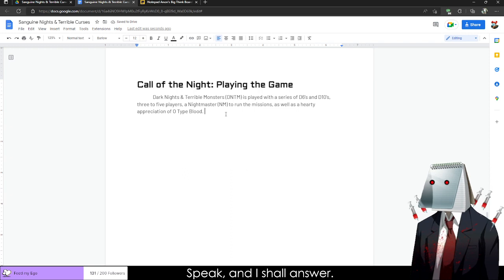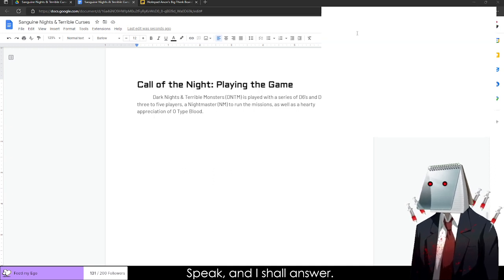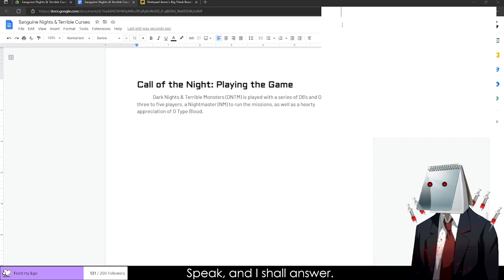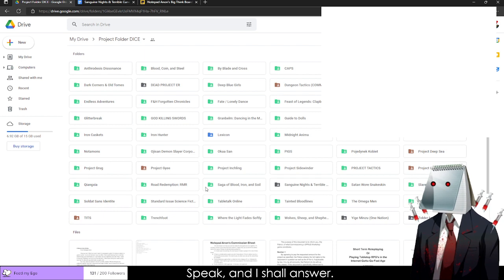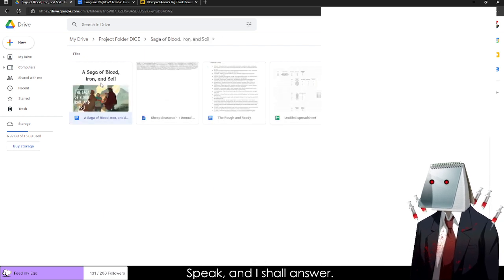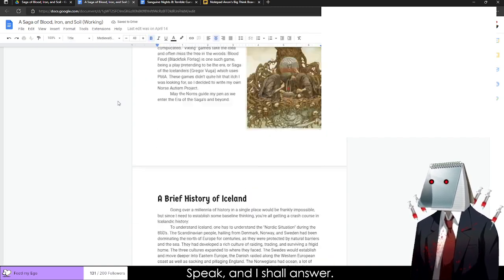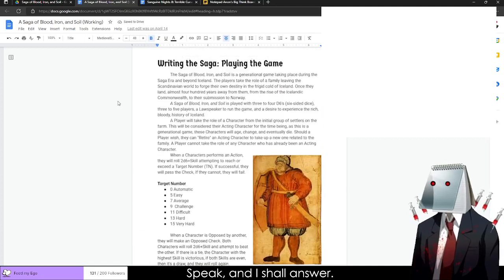Let's see. Dark Nights Terrible Monsters. How do we want to do this? How do we want to structure this particular section of the game? See, this is always the hardest part, is getting those initial words written down, because those are the ones that are always going to mess you up. Let's see. You always doubt what you want to write in there. And it never is what you want to, it never sounds great. I should really just have like a nice, like, just...